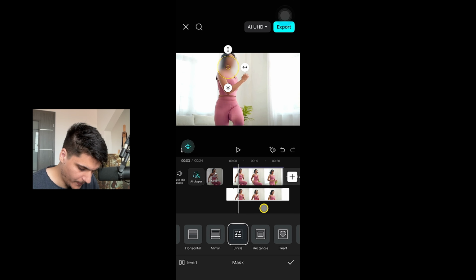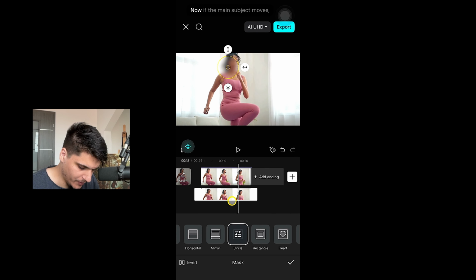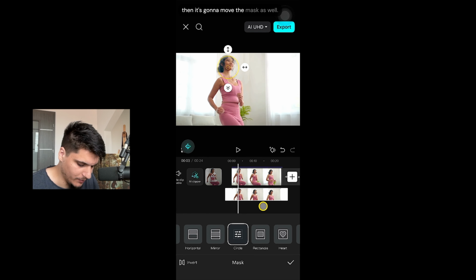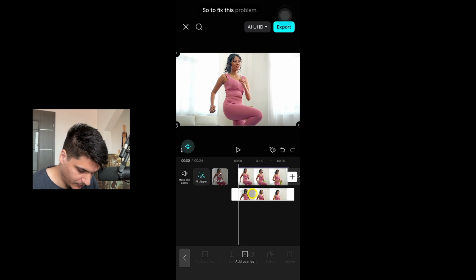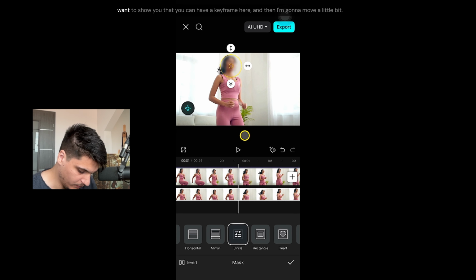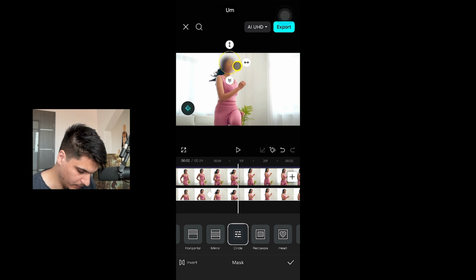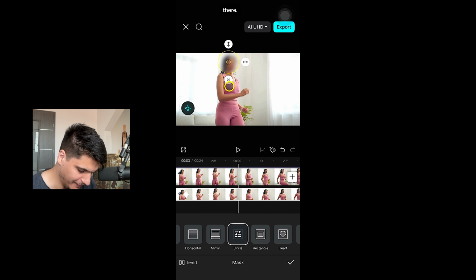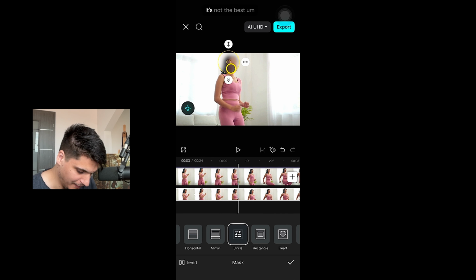And now here's when this doesn't work. Now if the main subject moves, then it's going to move the mask as well. So to fix this problem, I just want to show you that you can add a keyframe here, and then I'm going to move a little bit. Yeah, it's quite tedious, it's quite an annoying process. Then move there, and then move here. It's not the best